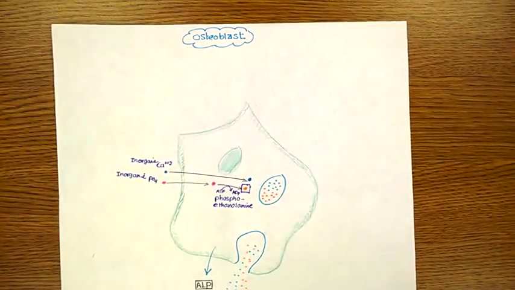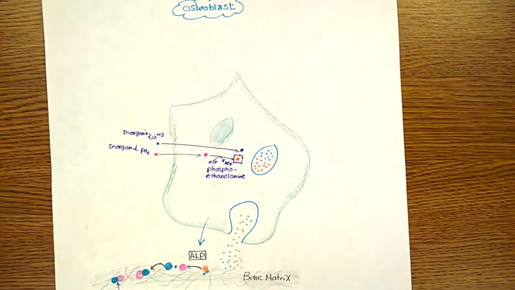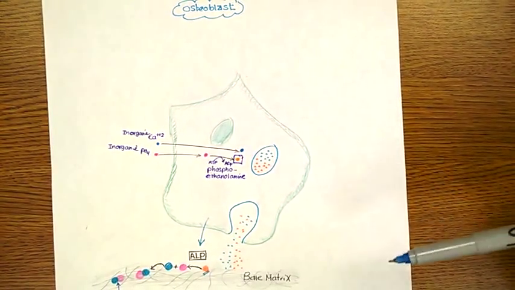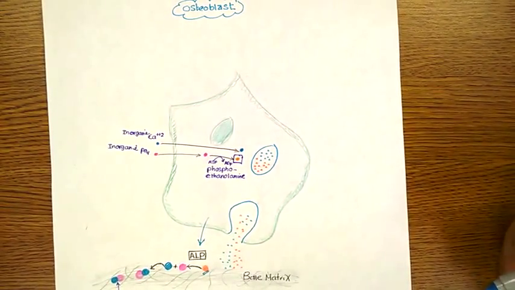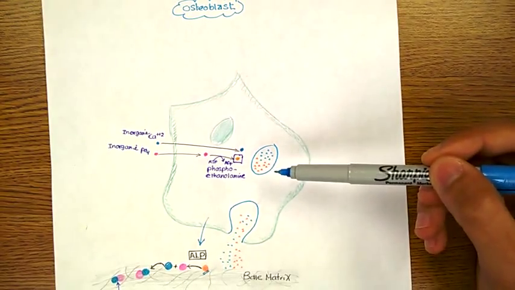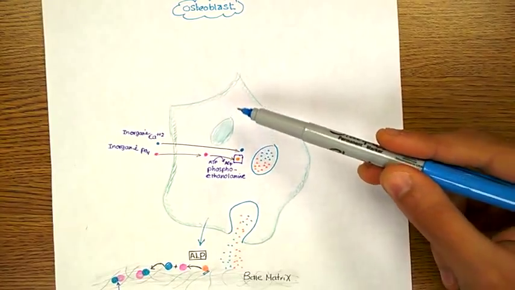So here we can see the osteoblast, and we saw before that osteoblasts store and deposit calcium and phosphorus for bone formation. And how do osteoblasts do that? Normally in a bone matrix, inorganic calcium binds to inorganic phosphorus to form a calcium phosphorus complex. So if we store inorganic calcium with inorganic phosphorus inside the osteoblast, that will lead to calcification of the osteoblast and